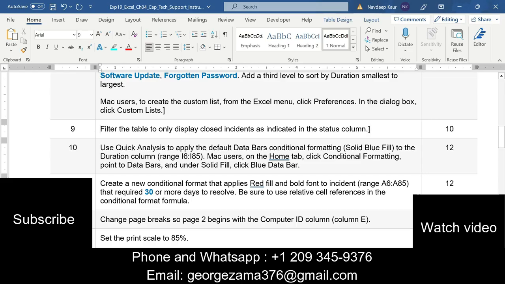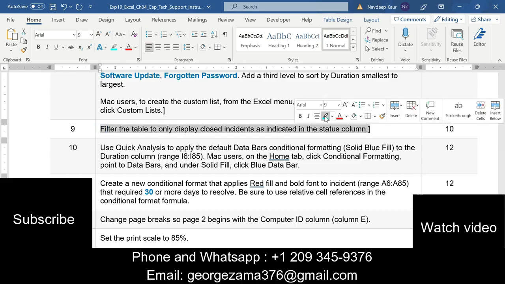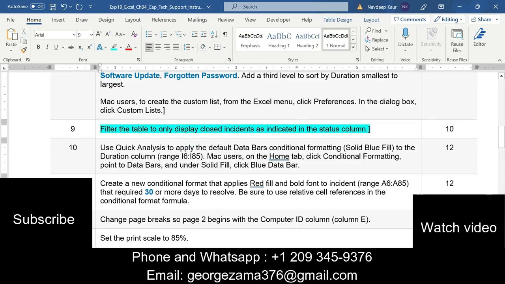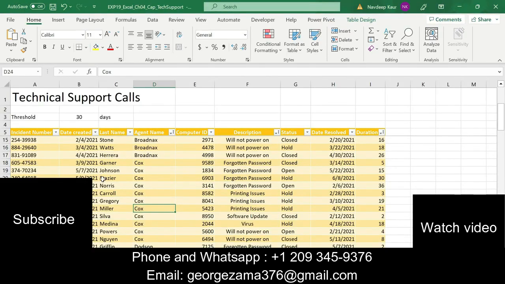Step number 9 is filter the table to only display closed incident as indicated in the status column. So now we are supposed to do some filtering of this table, and we will filter this table for the closed incident. And you can see that the status column is here.